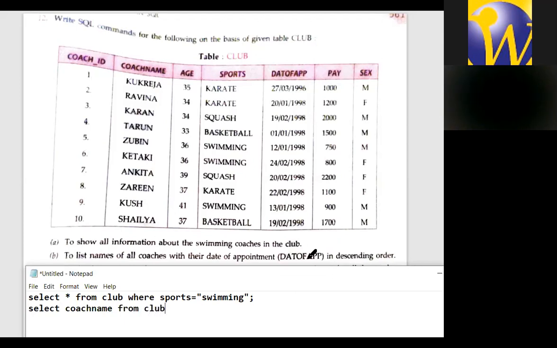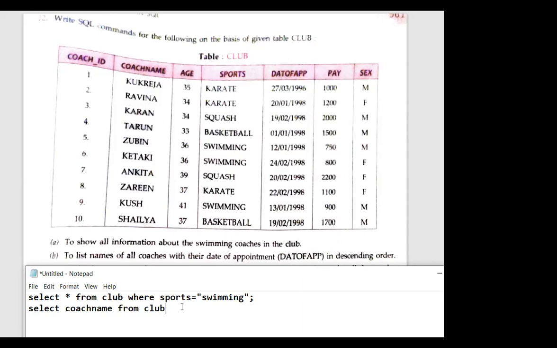Okay, then what they have given, with their date of appointment in descending order. So after this, order by, then date of appointment, date of APP in descending order. So after this DESC, that's it.